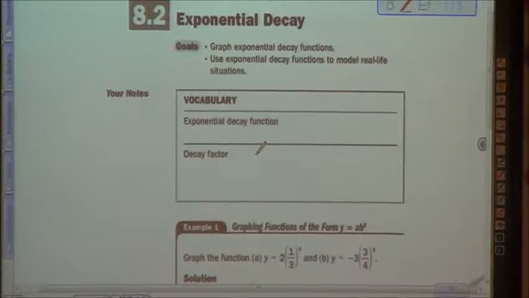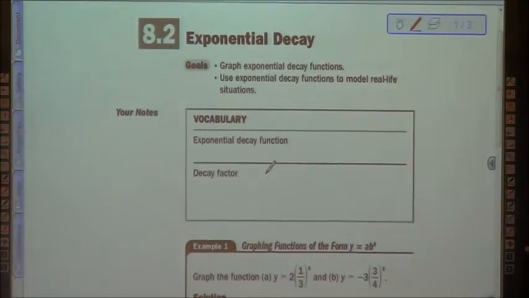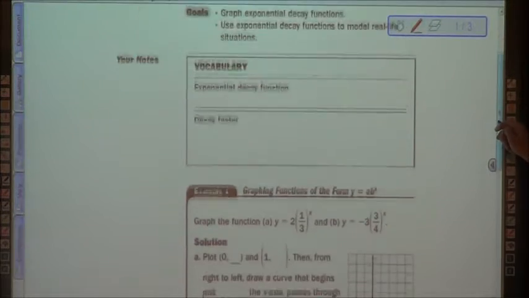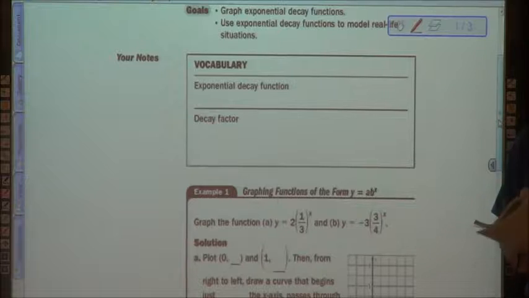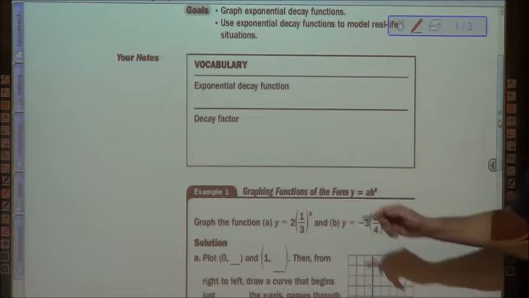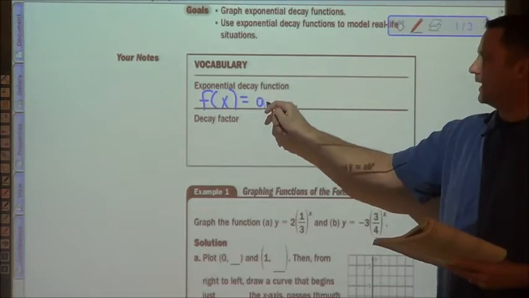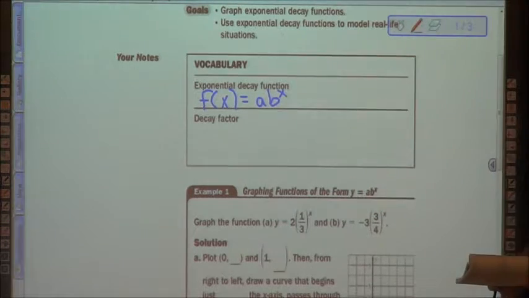Okay, exponential decay is 8.2. Very similar to the exponential growth 8.1. What makes it a growth or decay function depends on the b. So an exponential decay function is of the form f of x equals a b to the x, just like it was on